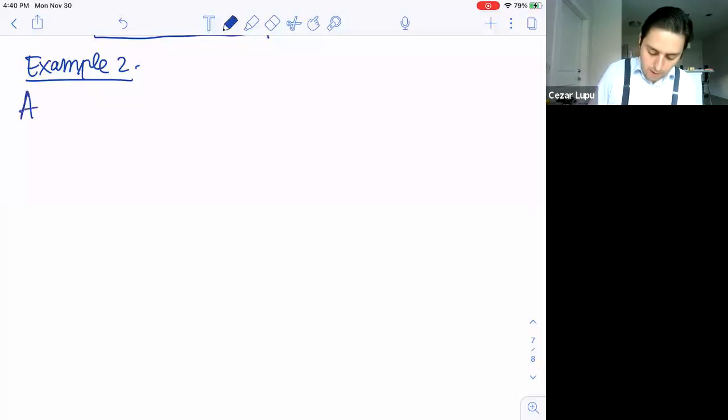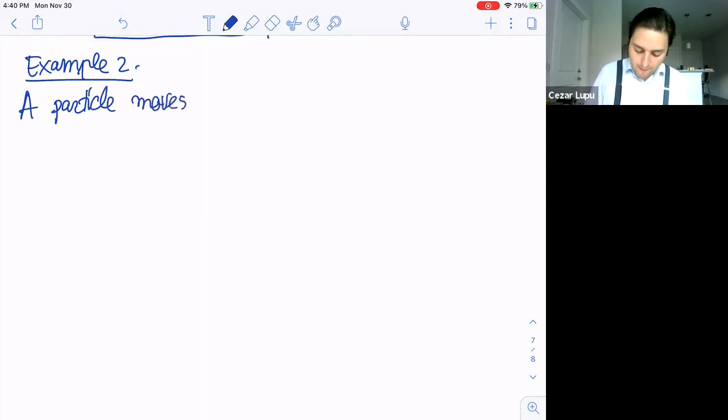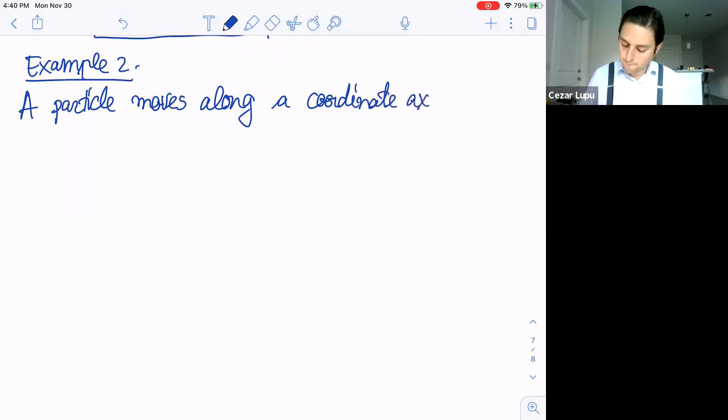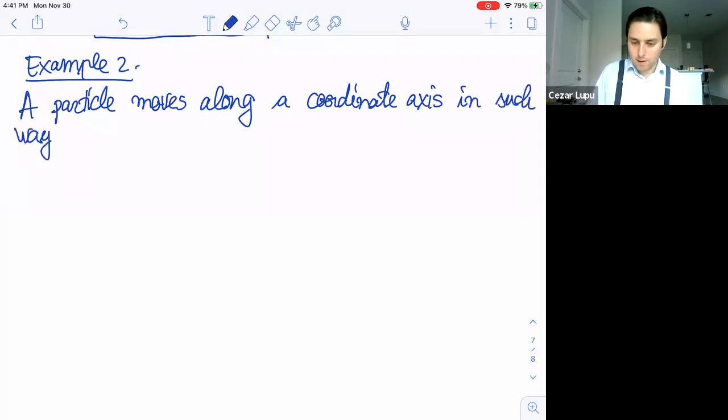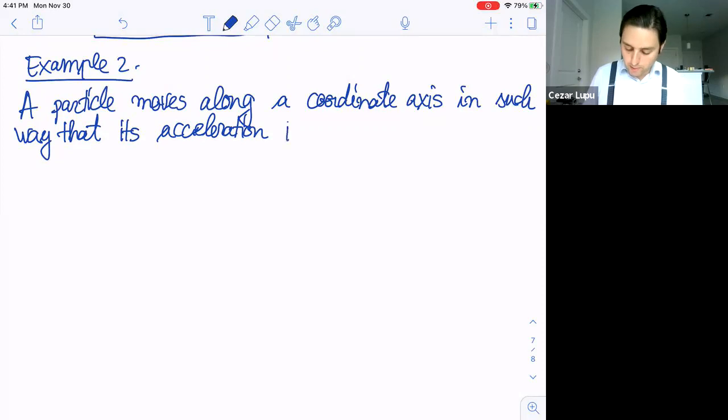And it says the following: a particle moves along a coordinate axis in such a way that its acceleration is modeled by,